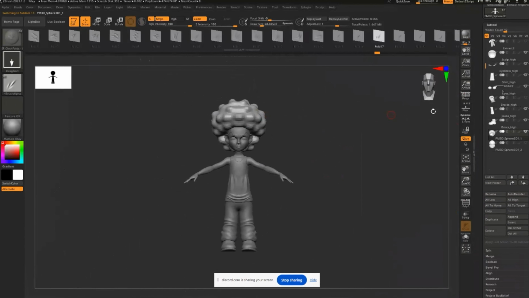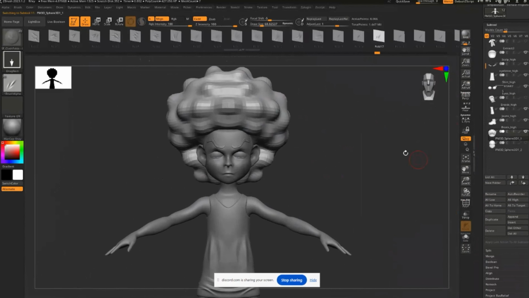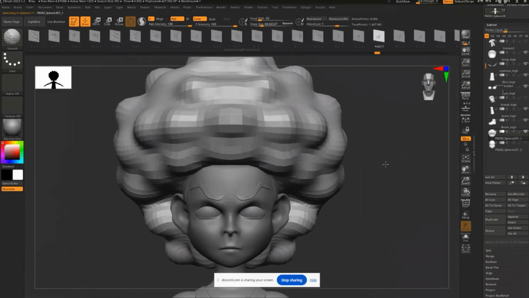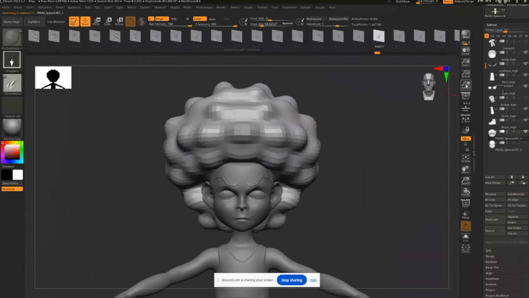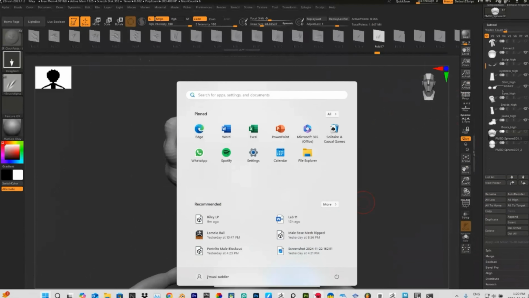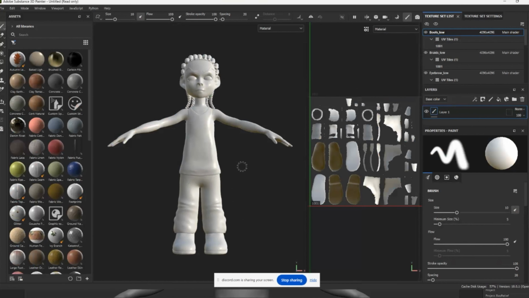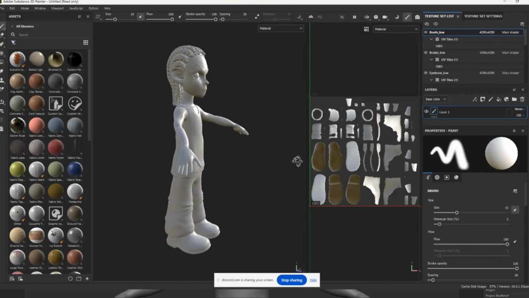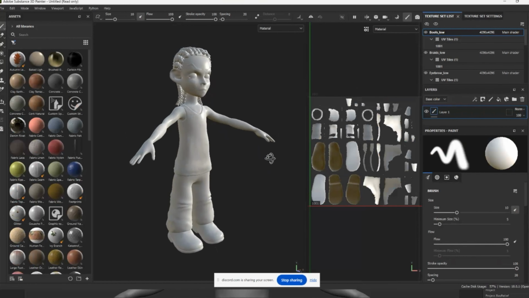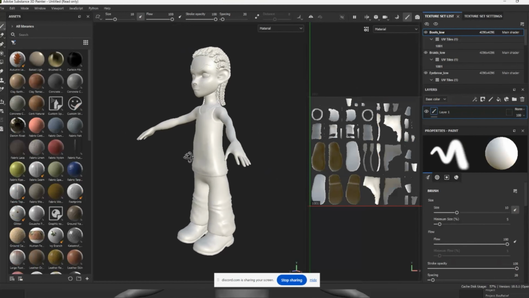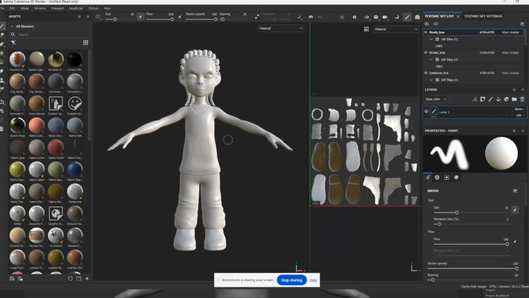so once you're done with the high poly and low poly, I export it so I could put it into Substance Painter. So I already have it exported, so I'll just open it up. But the actual textures are gone. I don't know what happened to them, but I'll show you the process of texturing slightly, not too much, but